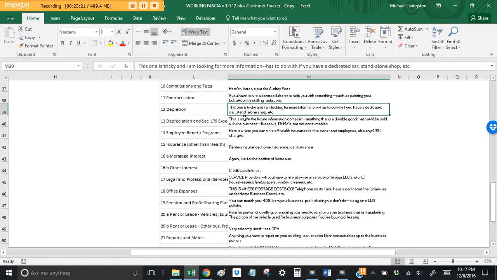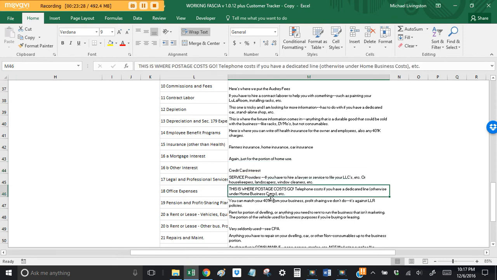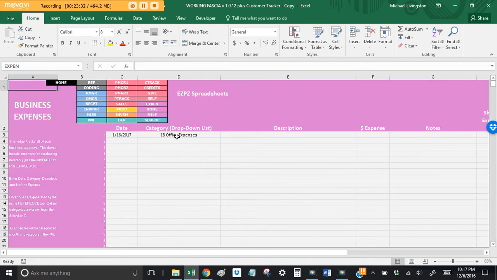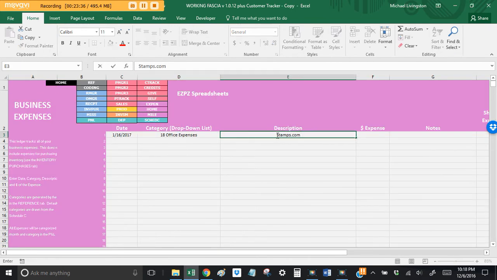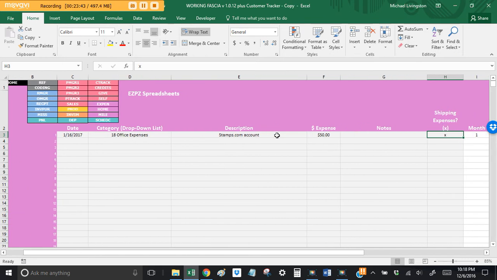There's credit card interests. I think it's under office expenses. This is where postage costs go. Okay, so it is under office expenses. There, and we'll just say it was for stamps.com account, and we put 50 into it. Okay, now that was a shipping expense, so